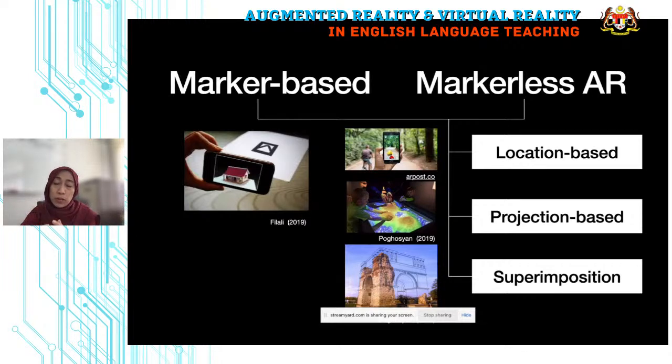As for superimposition, it is quite comprehensive. I would say it is the most comprehensive augmented reality, whereby it is a superimposition based on an incomplete structure, like the one you have here. So superimposition can be done